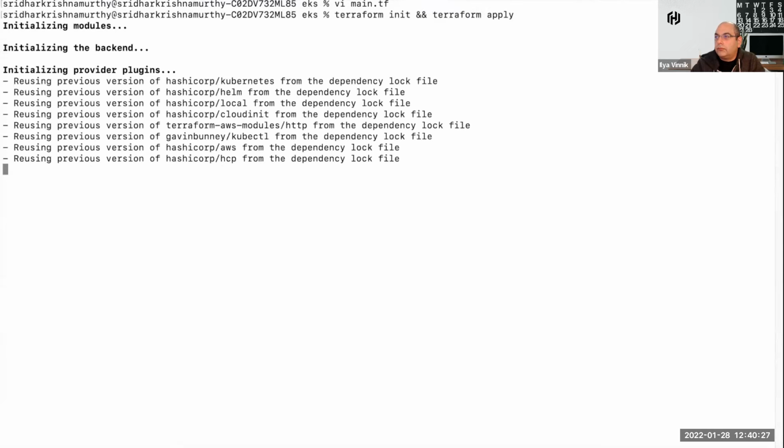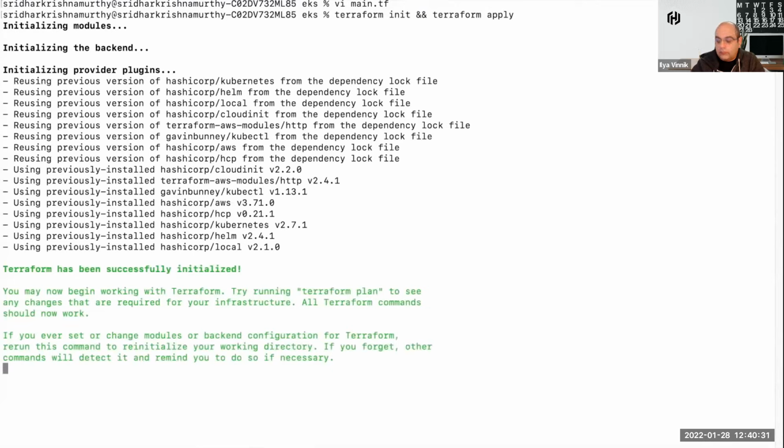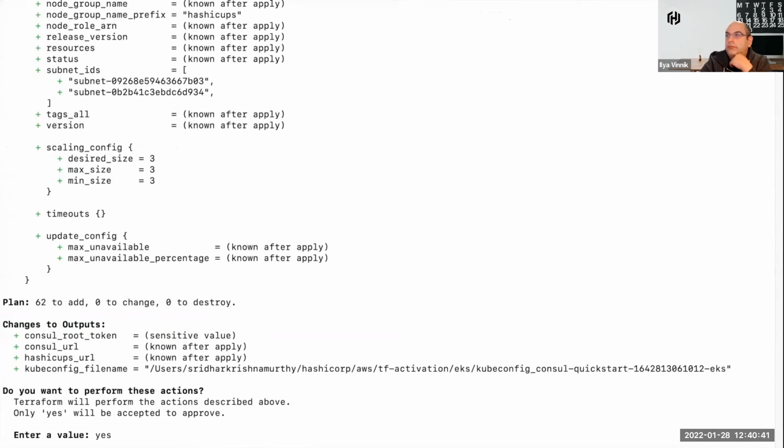And while it's running, it will take about 20 minutes to complete the end-to-end deployment. And at the end, the Terraform output will show the URL for the demo application, as well as accessing the Consul UI.